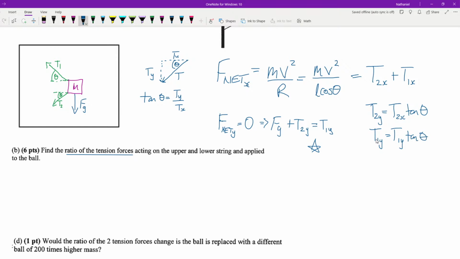Okay, so let's say that FG plus T2x tan theta is equal to T1x tan theta. Right. Okay, so I think it's about time that we sort of start to do some ratio stuff. So